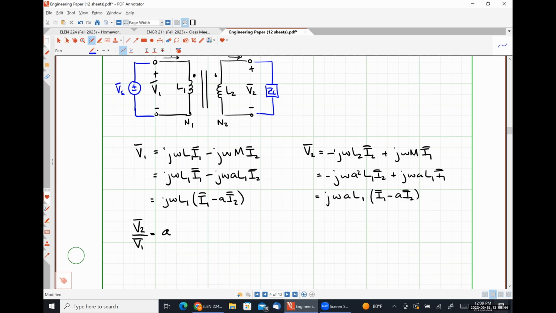So it stands to reason that the amount of complex power absorbed by the primary winding has to be equal to the amount of complex power that is supplied by our secondary winding. We have no losses anywhere, so how could it be anything else, right? So power going into the primary winding has to equal